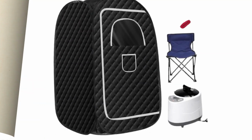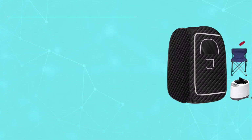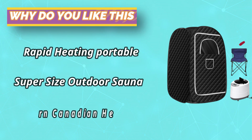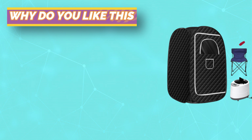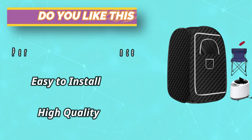2.6 liters larger capability steam pot. The steam pot liner is made of 304 stainless steel, durable and anti-corrosion. Upgraded thickened material, one-piece molding without welding. Explosion-proof, anti-dry and anti-leakage. With this portable sauna, you can steam at home anytime and anywhere, saving time and going